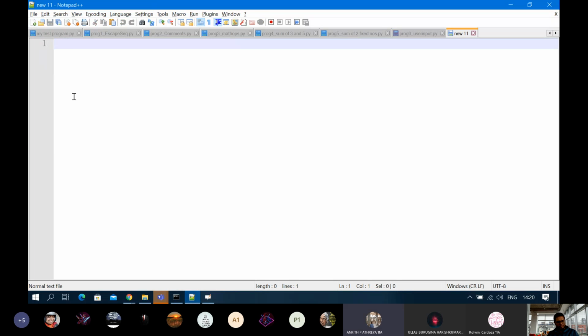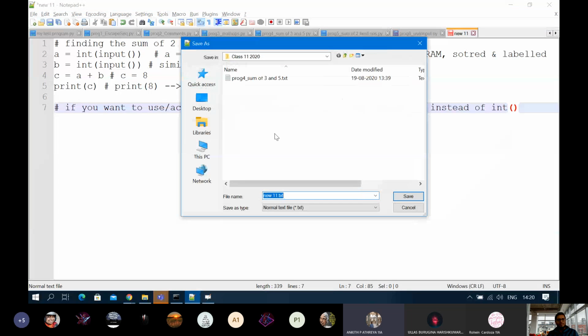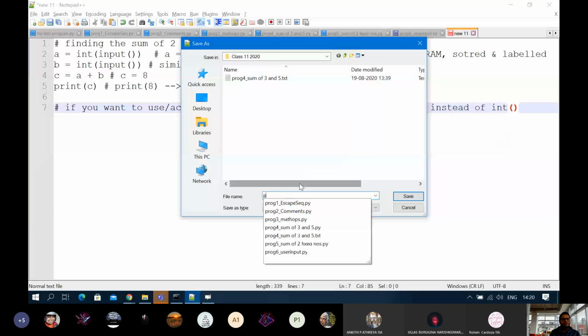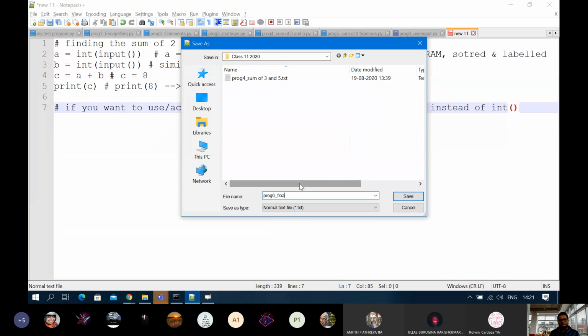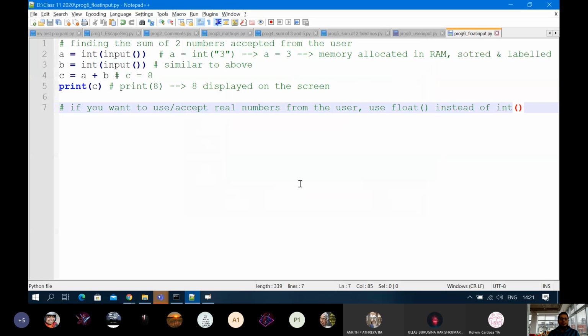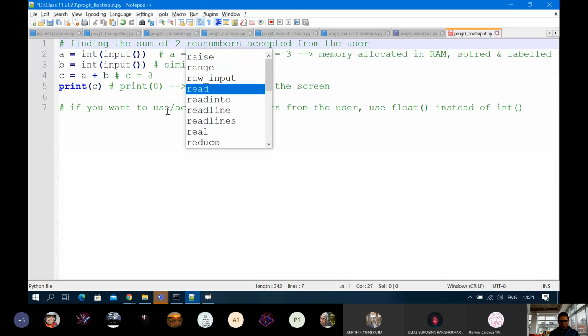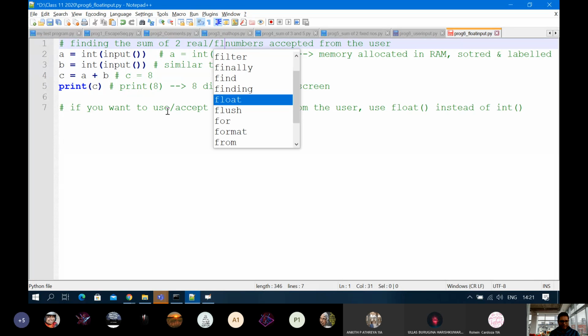What does it mean? Wait. In the next program, two numbers, two real numbers. real number को floating point number भी कहते हैं.